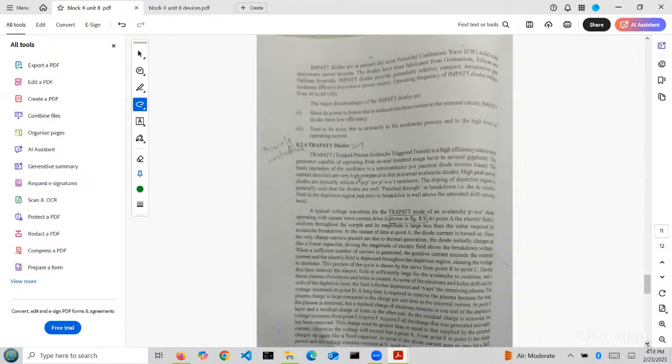Next, avalanche multiplication. We can explain this as a short note. Next, the impact diode: how the electric field is explained. Two graphs are needed: one for the electric field, and one for voltage versus current. Next, explain the operating principle and construction of the trapatt diode. Next, the last one we have is